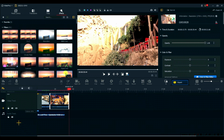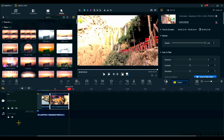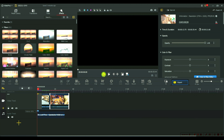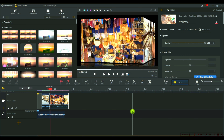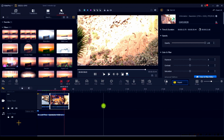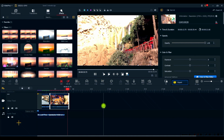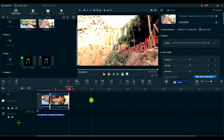And what are the effects here? So we have the effects, these. Okay, so what I'm seeing, their effects and transitions and titles are very limited, but still it's workable because this is free. So there's really nothing to complain about that much. And let's just play here. Okay, I'll just fast forward a little bit. Okay, so what I'm going to do, I want to export this now and see how does